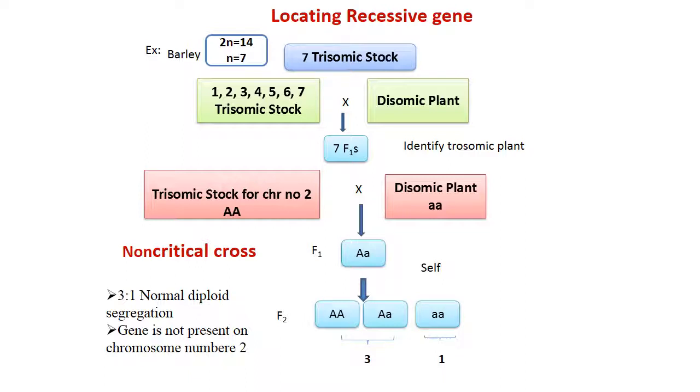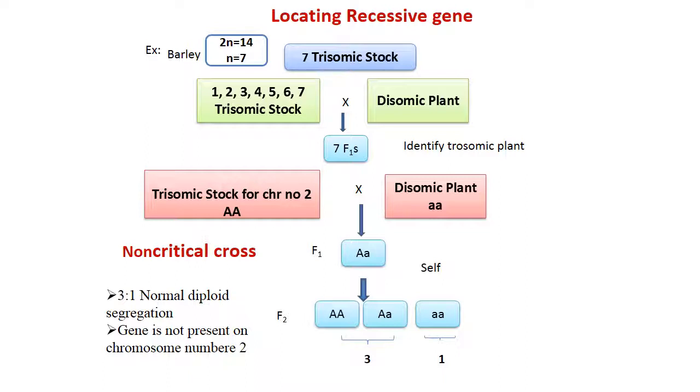When 7 trisomic stocks are taken in barley, the trisomic stock may be for chromosome 1, 2, 3, 4, 5, 6, or 7. That is crossed to a disomic plant. Here the trisomic is the female and the disomic is the male. The 7 F1s include trisomic plants, and among the 7 F1s we have to identify the trisomic plants, and that trisomic stock